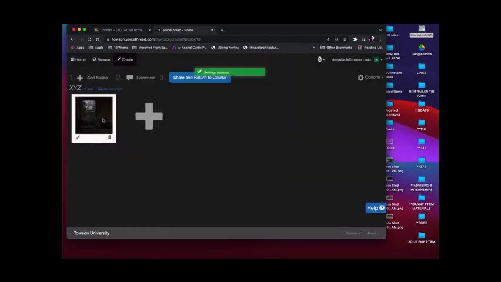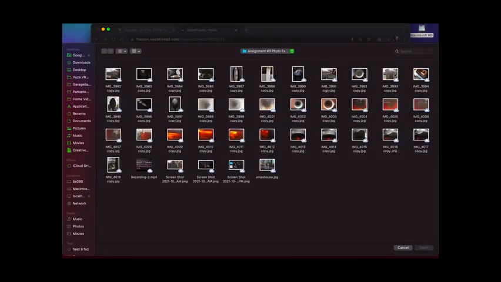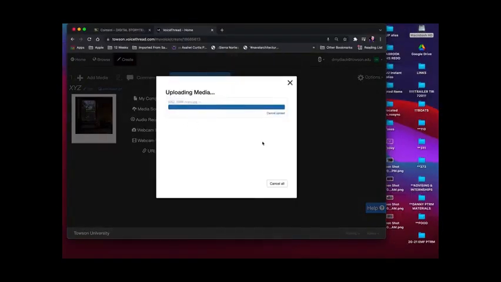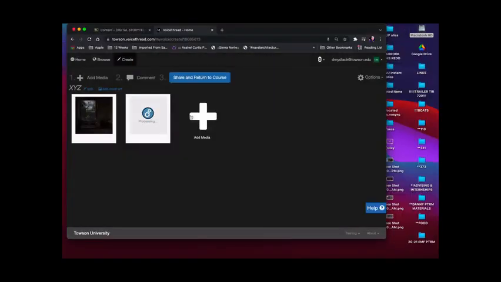And now you'll see your image is here, your first image, and now you can add media. So that's where you put your second image. Again, from my computer, I'm just basically recreating now my 11 image sequence. It's not going to ask me to write the name because it has the title now for the piece here. It's going to process, and there's image number 2. And then you put all the rest till you get to your 7 to 11, or a little bit more, whatever, images on there. And that'll do it. So the next step is it auto saves.